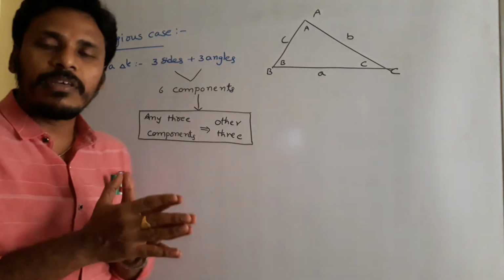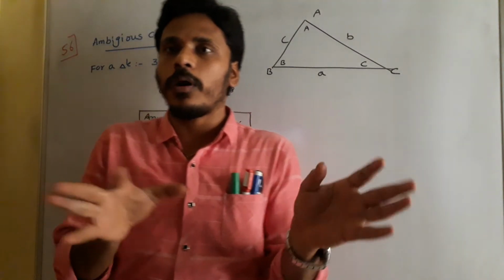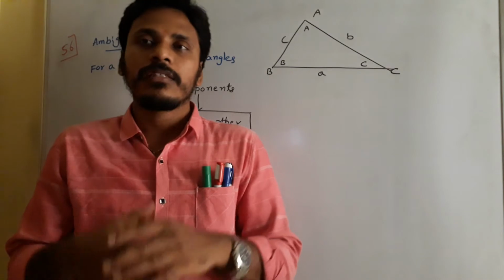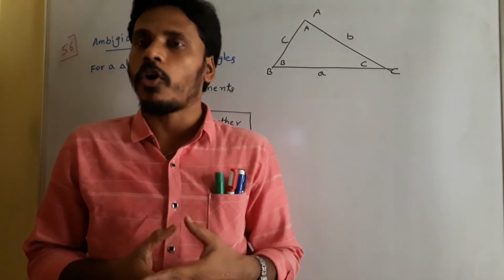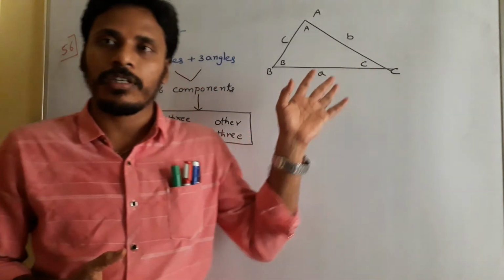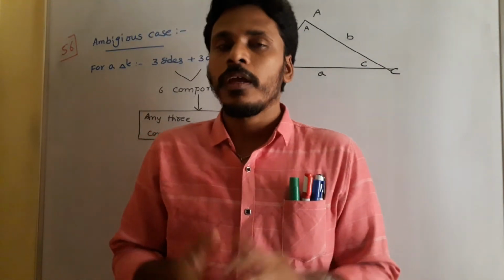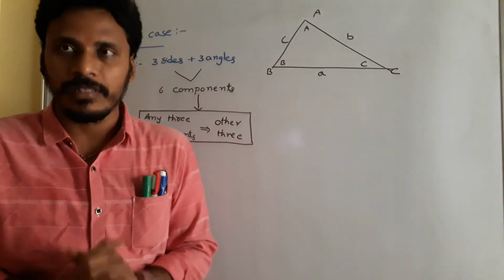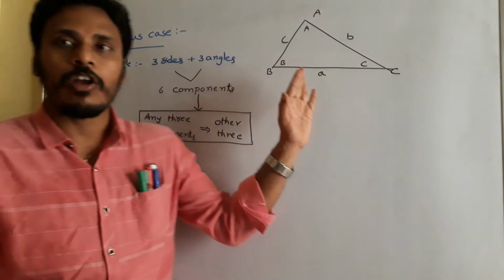Ambiguous case, in the sense a case which is somewhat different and confused. Usually the books call it the ambiguous case, and we are also just taking that heading here itself. Okay. See, suppose you have a triangle ABC, and for that triangle we are very familiar with